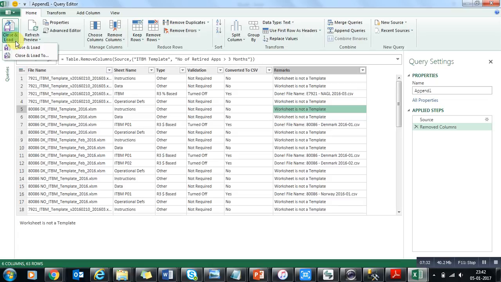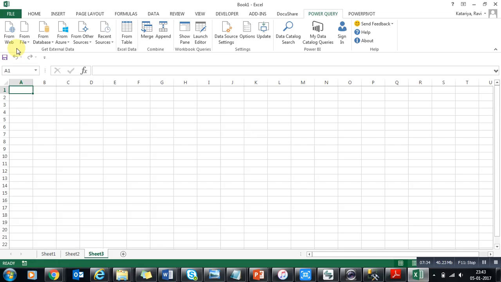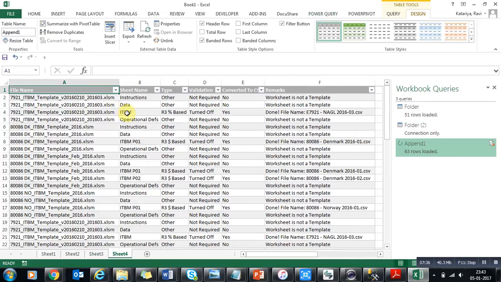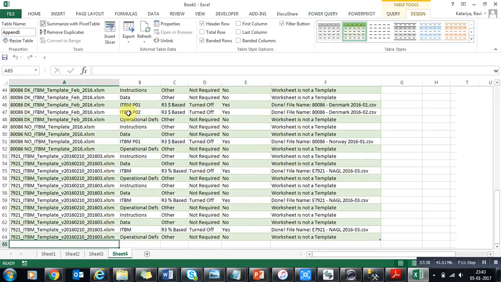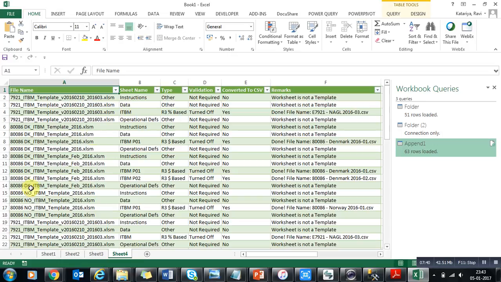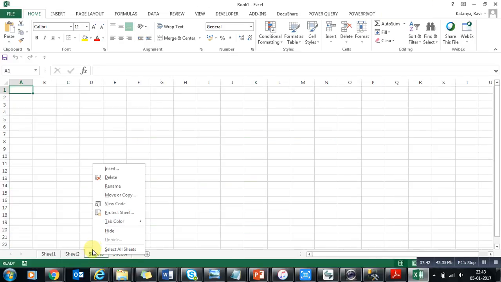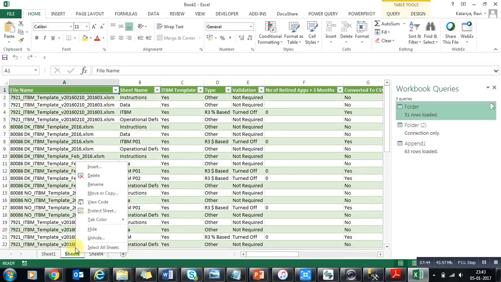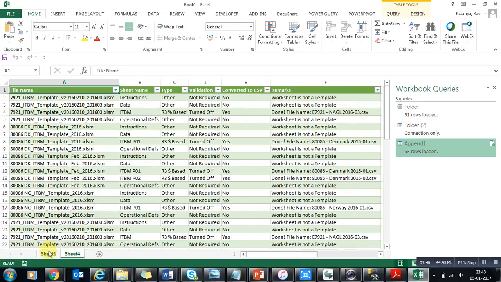So I will load this table. Now you have a particular view after all the rectifications. So you can delete or hide those columns, and you have the big table. You can make whatever chart you need, or if you need to summarize data, you can name your data. And now if you want to create any chart, then you can create your chart also.